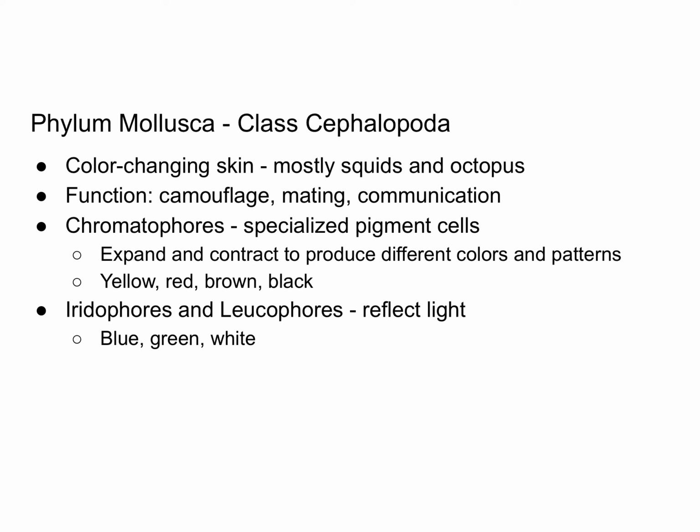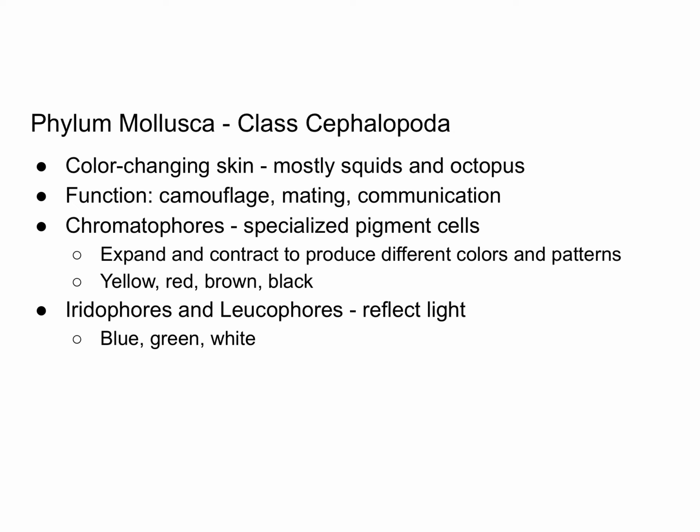One kind of interesting characteristic of animals in class Cephalopoda is that they have color changing skin. This is mostly observed in squids and octopus, but nautilus and cuttlefish can also do this. They can use this color changing skin for camouflage, to attract mates, or to communicate. So they can maybe try to scare off a predator